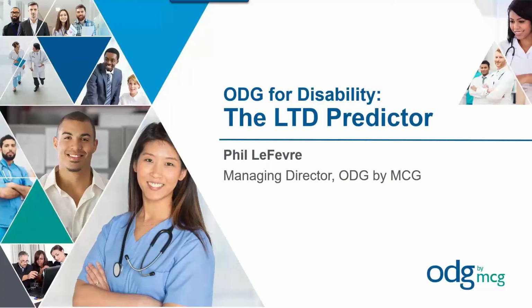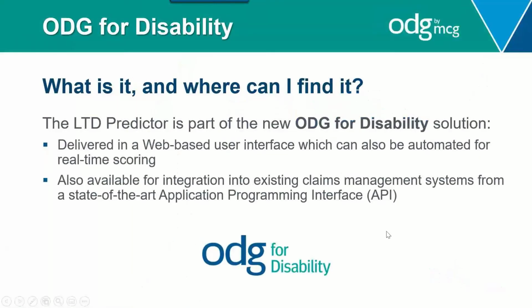And today we're going to take a closer look at the new LTD Predictor score from ODG by MCG, available inside your ODG for Disability interface. As many of you know, we've embraced two product tracks. There's an ODG for you, whether you're in workers' comp or ODG for disability. And the new LTD Predictor is designed to deliver through that web-based user interface and through an application programming interface,